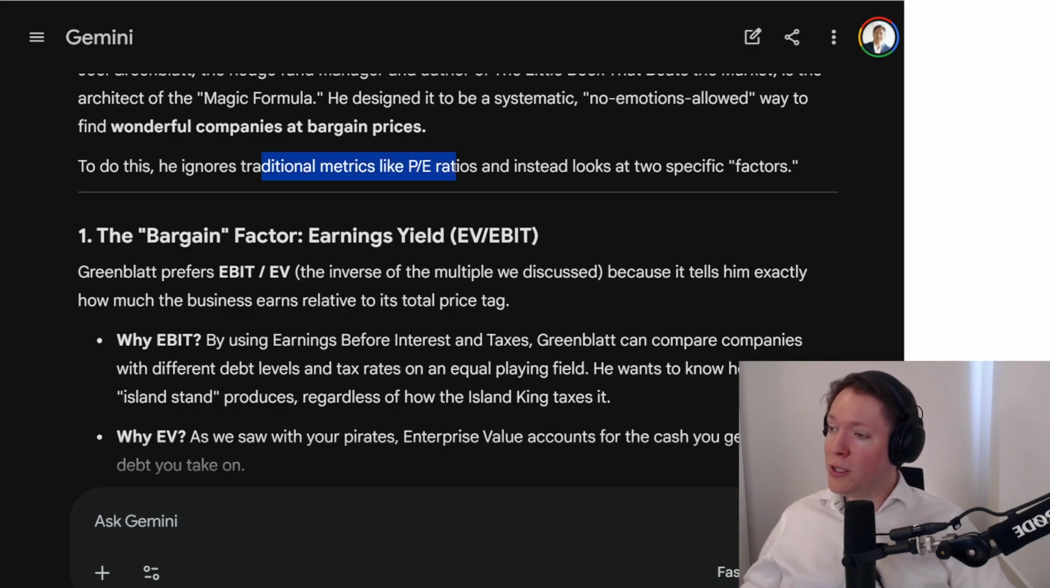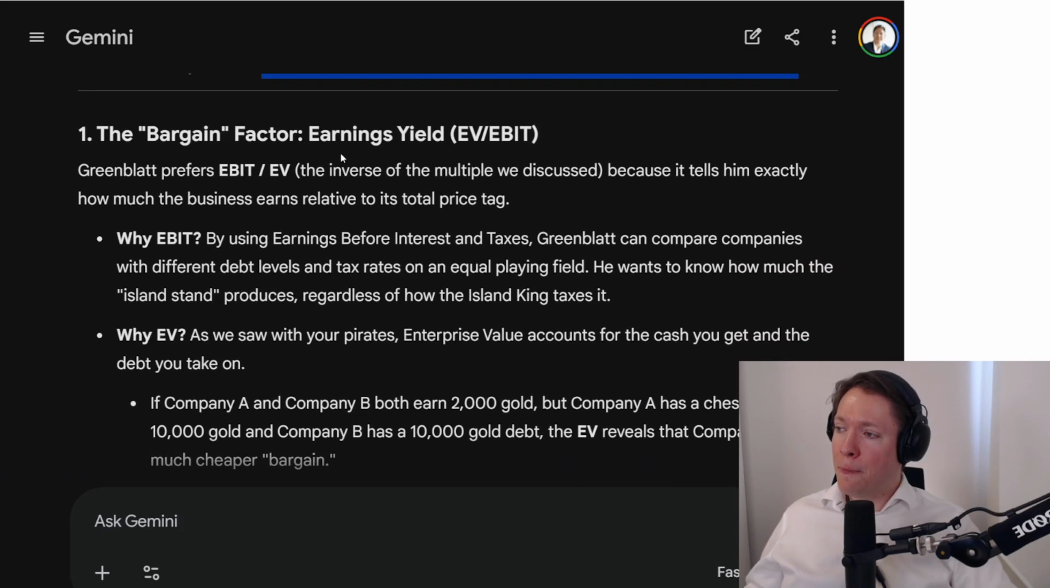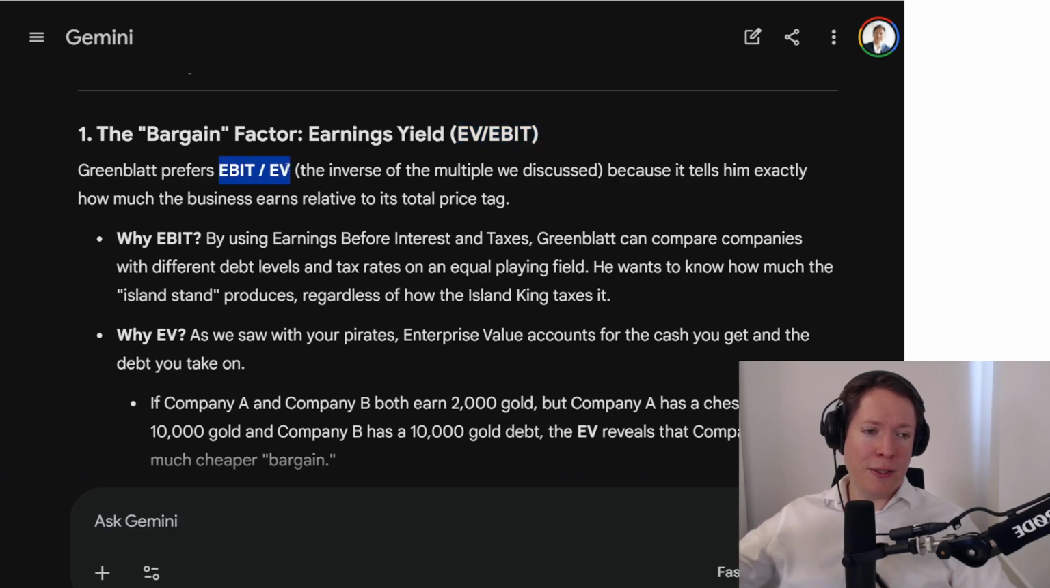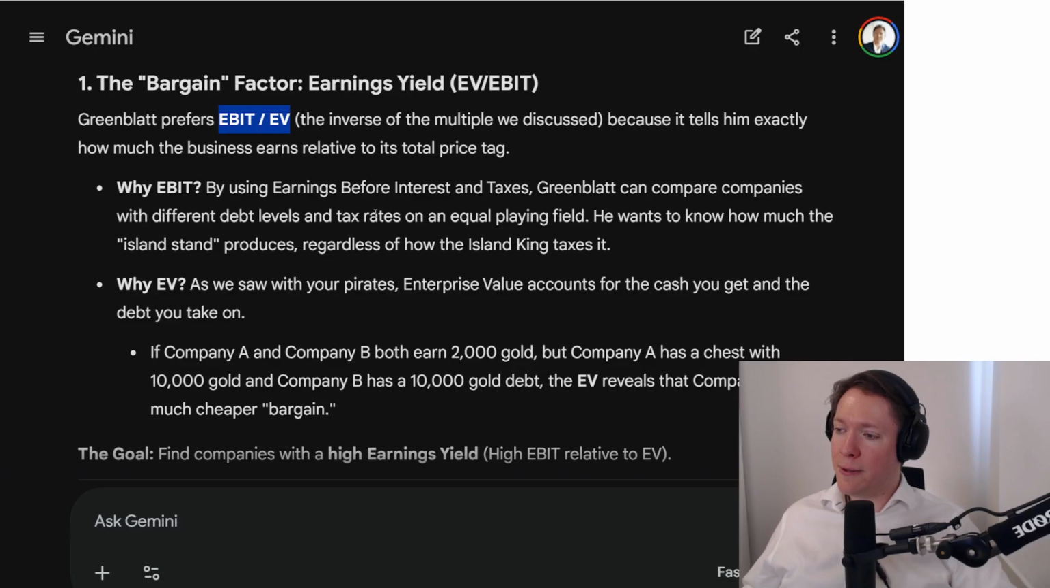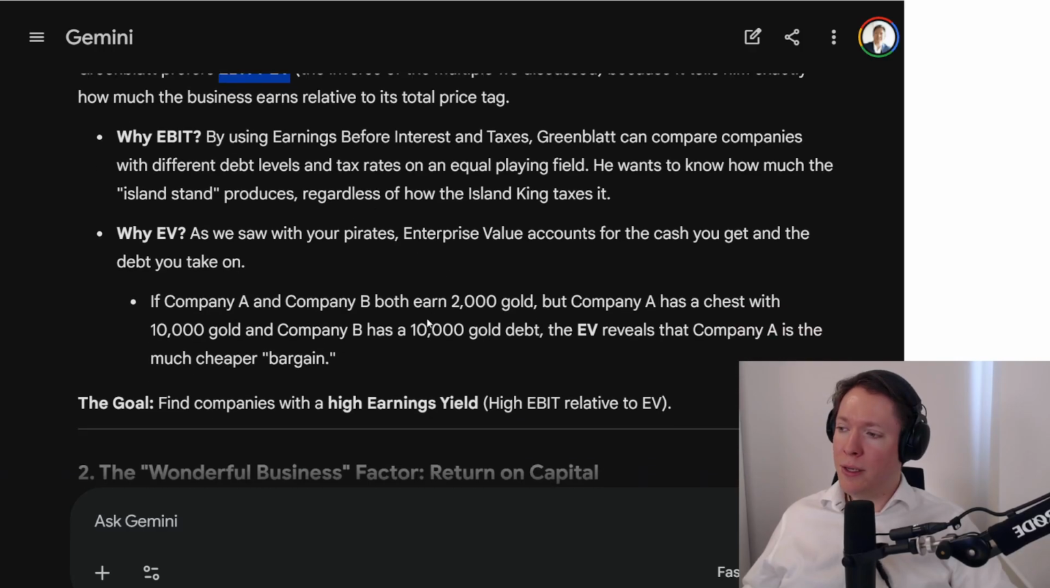Okay, so he ignores traditional metrics like P ratio, and instead looks at these factors. The bargain factor. Here you see how much you can earn from the price. So he looks at EBIT over enterprise value. That's just the inverse of what we just looked at. Because then you see, as the example, you earn 2,000 gold, but